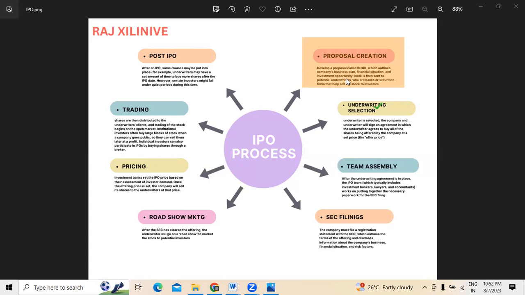Once we have selected the underwriters, risk assessment will be made by them, and they will come to an agreement,